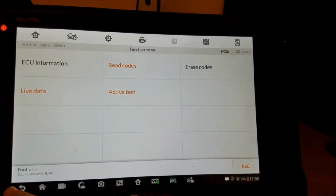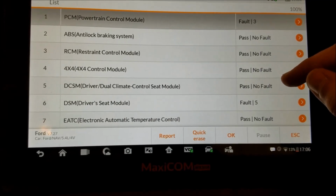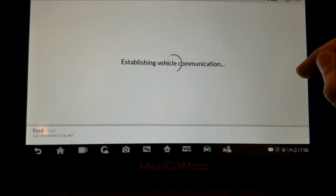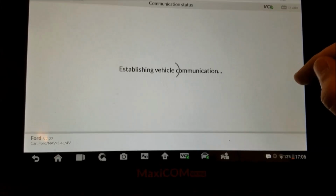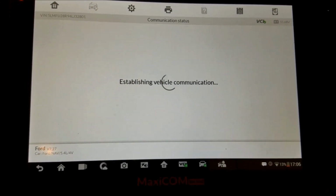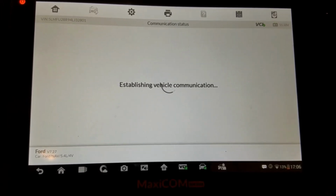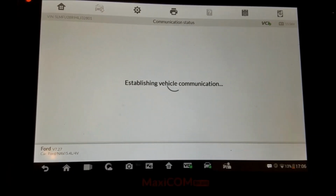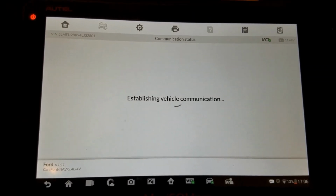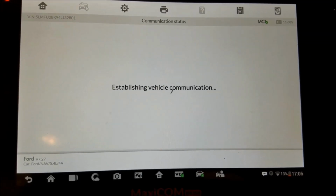If we go back, now let's check out, let's say, the driver seat module. We're gonna read codes, hit OK. Now one thing you might notice on this car is that the driver seat module also controls several different components on the car, like rearview mirrors. And you'll see when we connect that